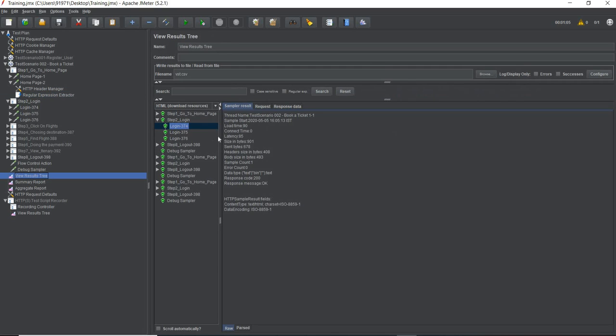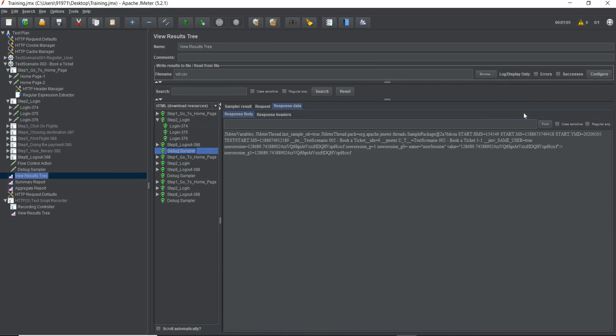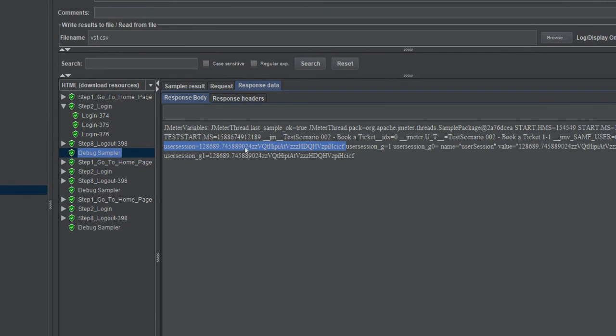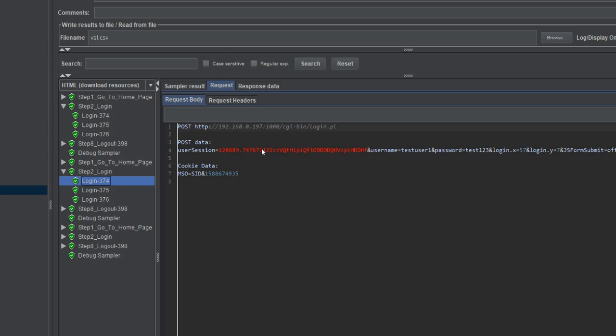Now again going to my view result tree. We were able to log in this time, and our debug sampler showed us that the value of user session is this, which is good. Now again go to the login. It says we can log in, and if you see over here, the user session is 4747611, and here the user session is different.